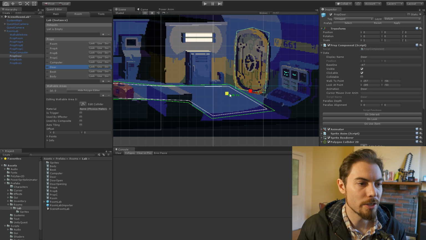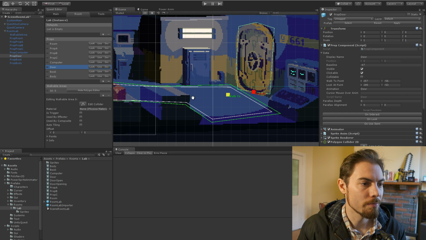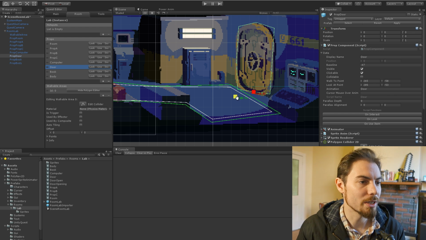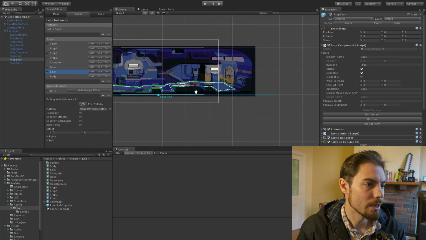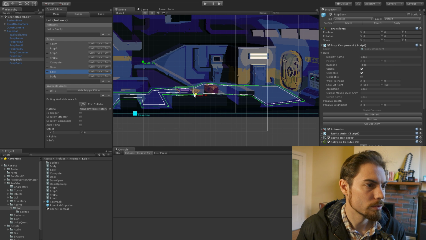And Adventure Game Studio has a similar thing. Just means that then I can easily tell the player, walk up to here, look at the door, and say something or make the door play an animation. And so I can set that up for the book as well. So look at the book. Stand there and look at it. And for the body,